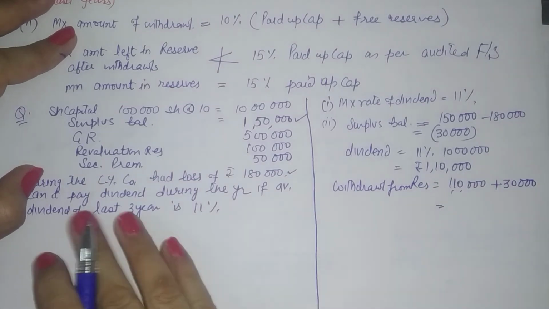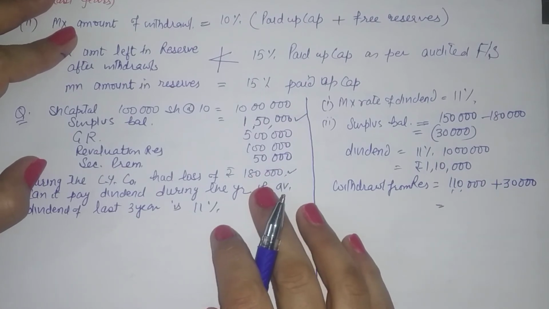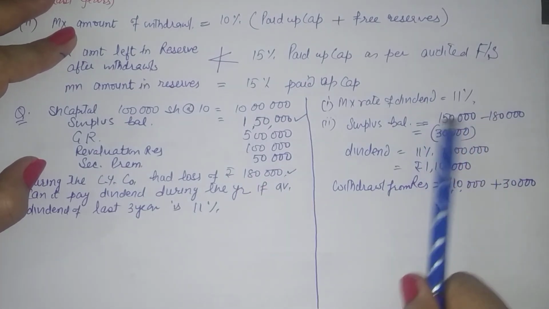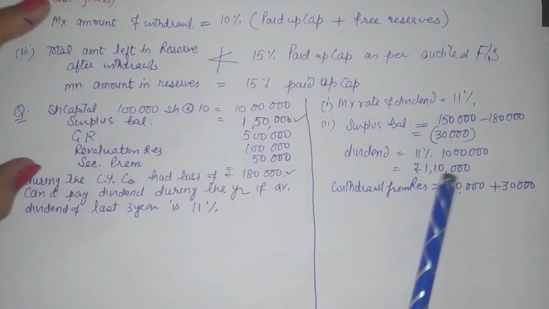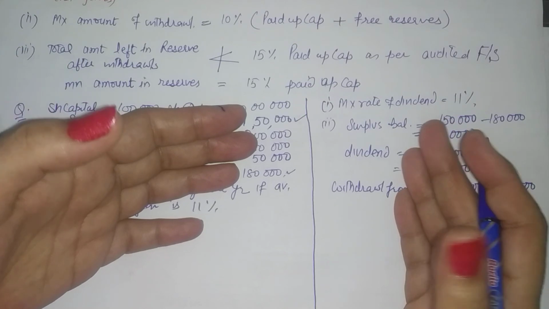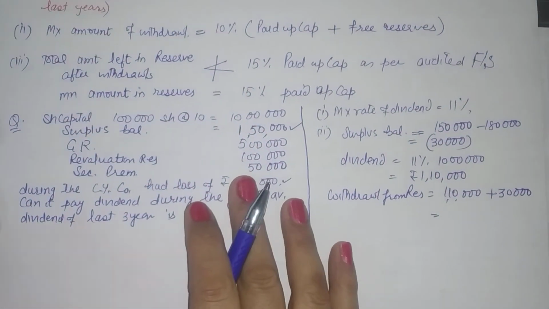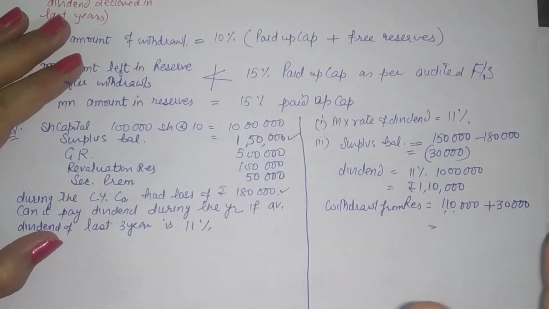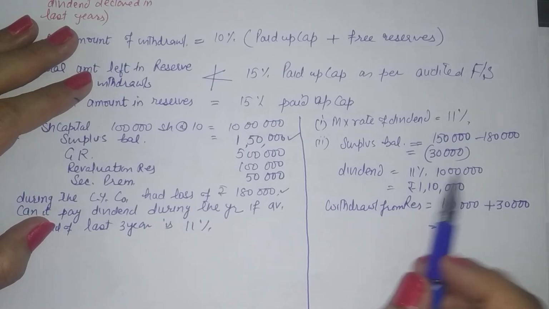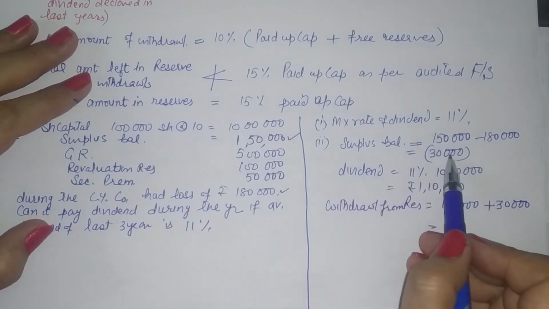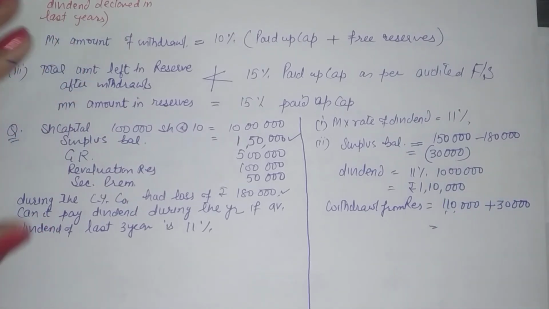Now suppose in this year you were not having a loss of 1,80,000 but you had a loss of say 1 lakh only. So a loss of 1 lakh rupees will imply you have a balance of 50,000. So if you want to give a dividend of 1,10,000, you have 50,000 with you, so you need to withdraw only 60,000. So that is what we have studied, that if you have a positive balance, you will withdraw the amount only for the deficiency. But if it is negative, you need to withdraw the amount for this also. I hope this is clear.